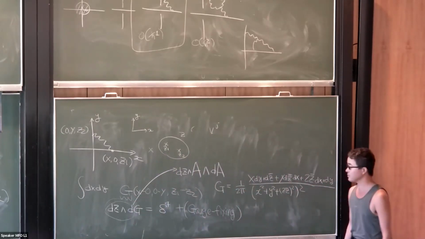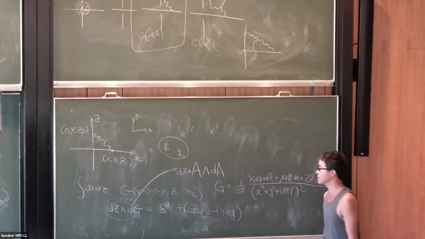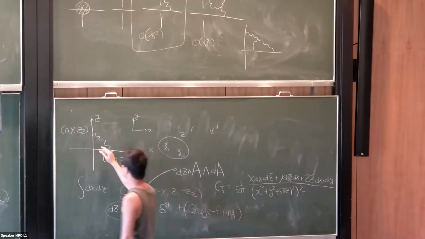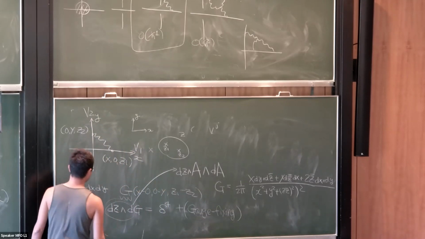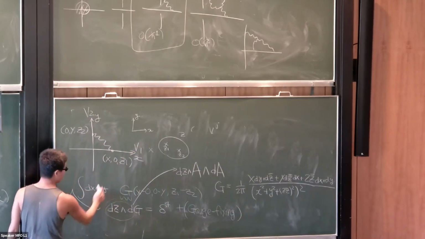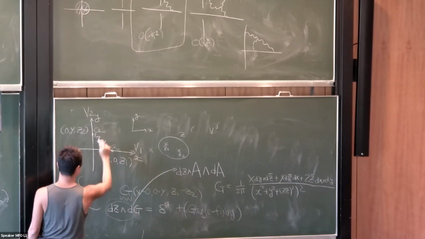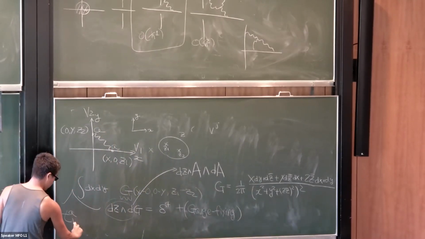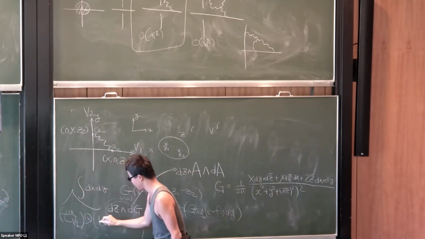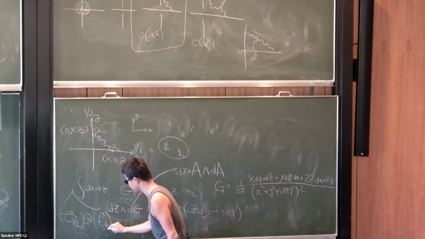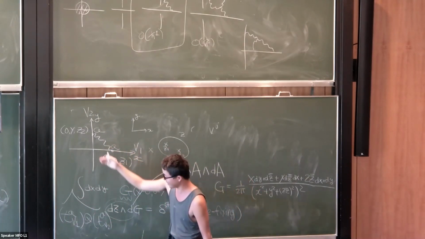Except that of course here the gauge group dependence is not yet manifest, and that comes in because here you have to choose representations v1, v2. What you get in addition is that here you have an index A, so you have T_A acting on the weight space of this representation, and then another T_A acting on the weight space of another representation. That's what it means that this Wilson line is in this representation.